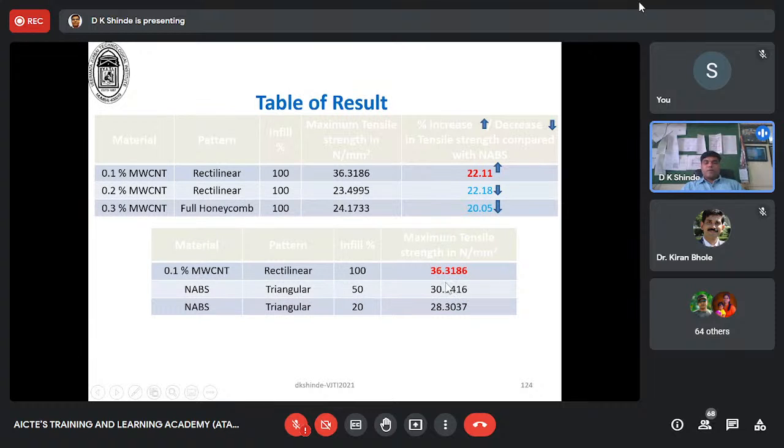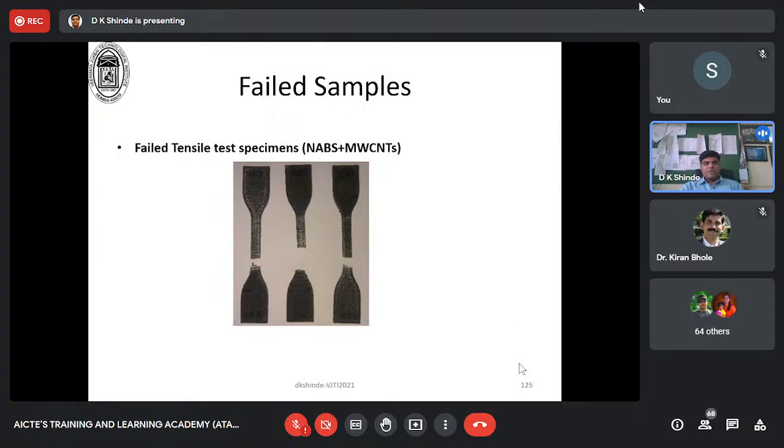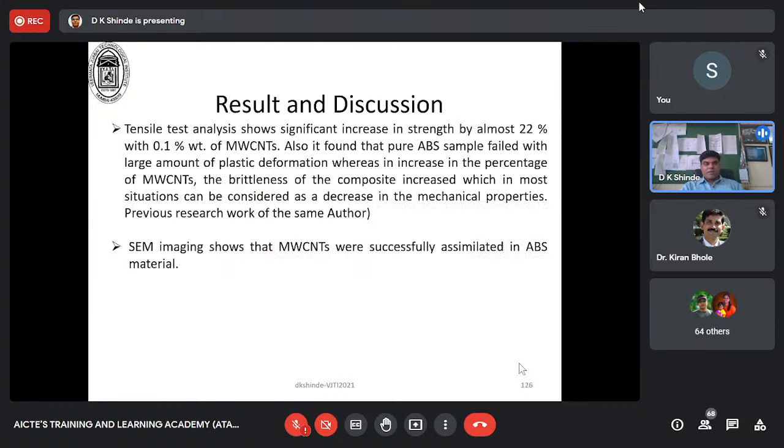So this is the clear indication of this research: playing with the infill patterns and percentage infill with adding nanomaterial, which is multi-wall carbon nanotubes, weight percentage has improvement in the mechanical properties. That is the key outcome of this research. These are the images after failing, and then from the research, what we conclude is 22% of improvement in the your percentage point weight percent of